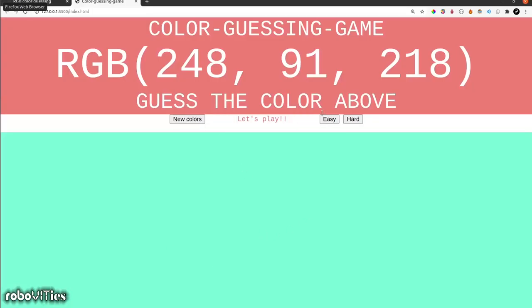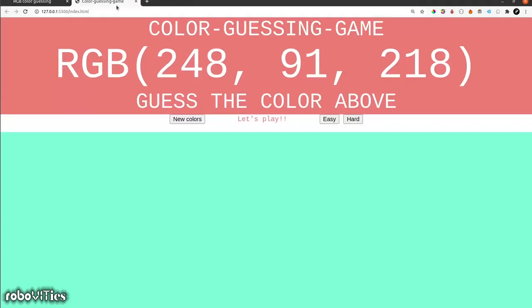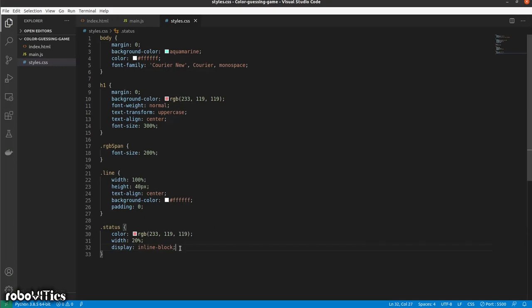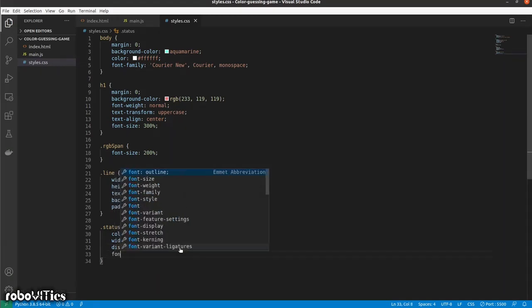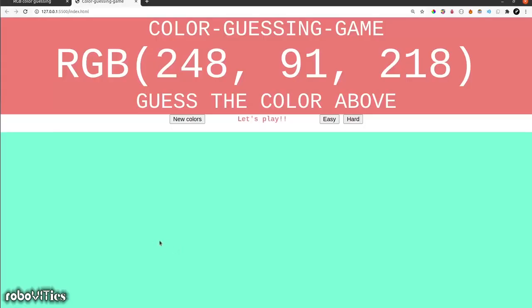So there you go. Now I can change the width. So now that we are done with this, let's also give it a bigger font weight, because as you can see over here it is a little bolded. So let's give it a font weight of say 900, and we have made it bold.